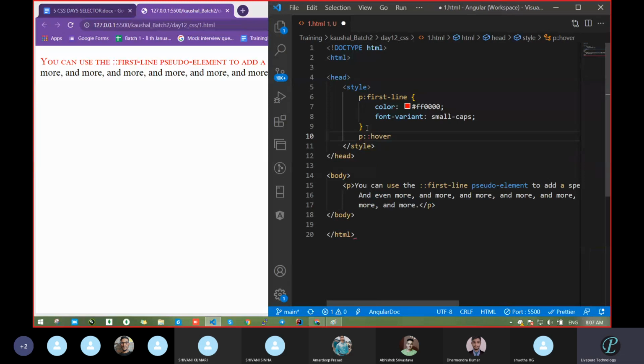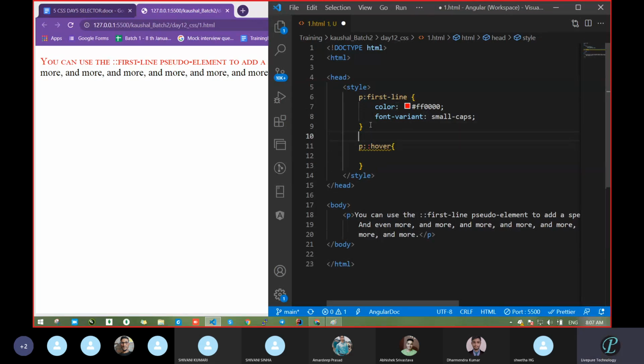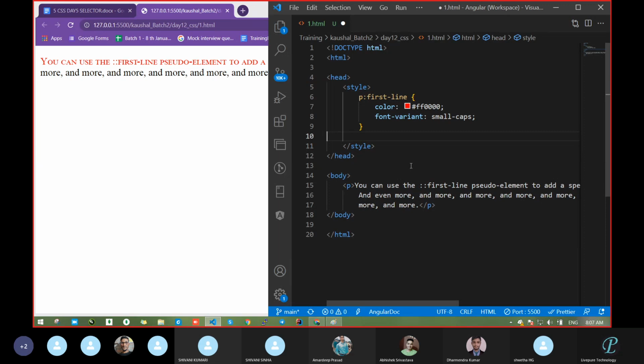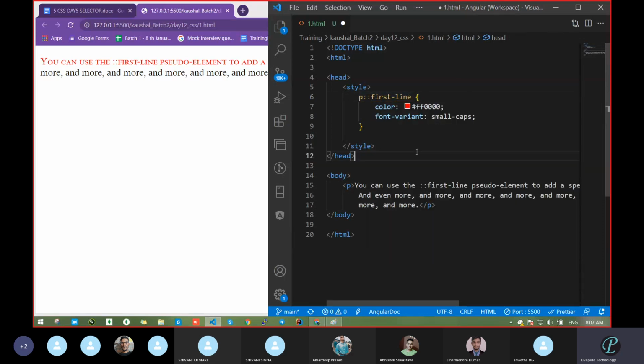Hover is not coming. Now see, we got an error also, one red color, clear? So if this does not come under element, suppose, then you will get the error. If it is under element, then we will get it. Clear or not in this case? Now I can pass here, but this first line is actually a pseudo element. Don't call it a pseudo class. But one thing, how can we realize whether it is a class or an element?